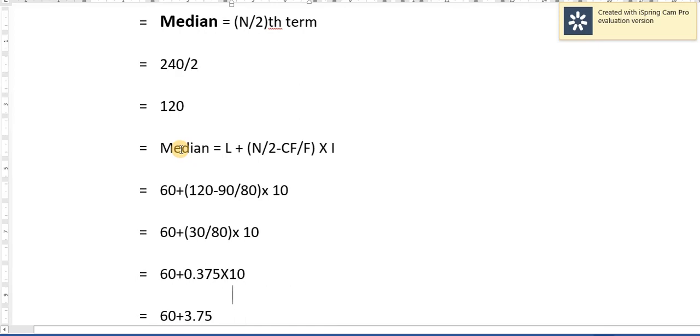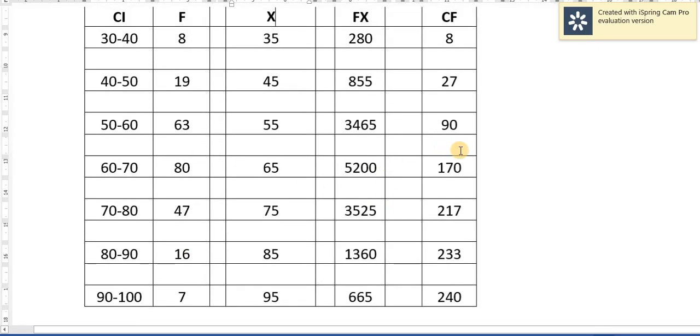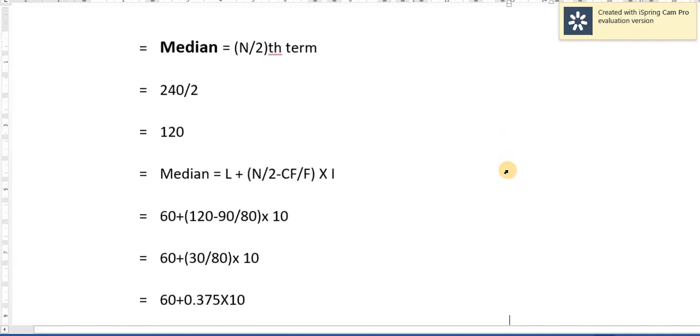And the lower value of this one, 60, which we selected, that is the area we have selected. This is the lower limit of the class interval. The higher limit, it is not necessary to take. This is the lower limit of the class interval. This is the frequency. And this 90 is the cumulative frequency that we have shown in the formula. According to that, we have to calculate L.